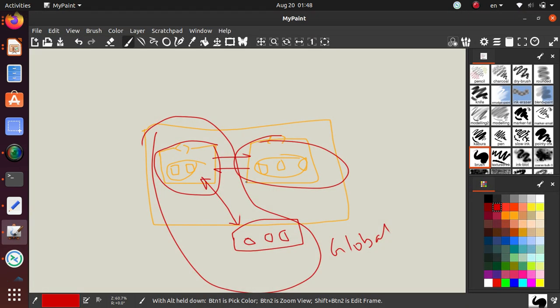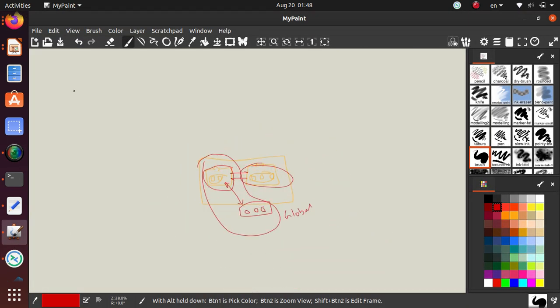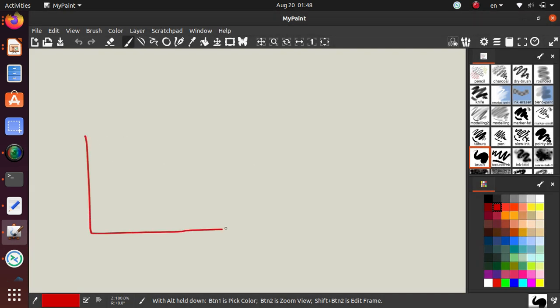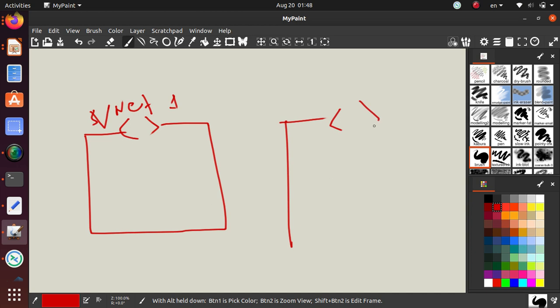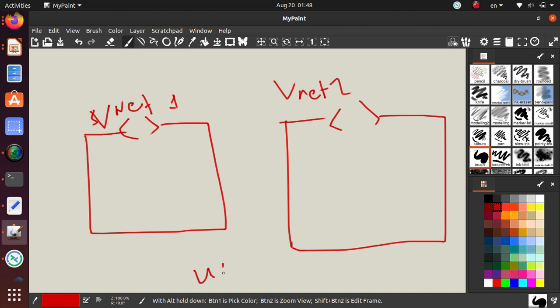Go back to our drawing board. That's the worst drawing board ever, so let's create a little bit better drawing board. So we have created one. I'm just gonna call it VNet1, and we have also created another one. VNet2. Both of them are deployed in US East